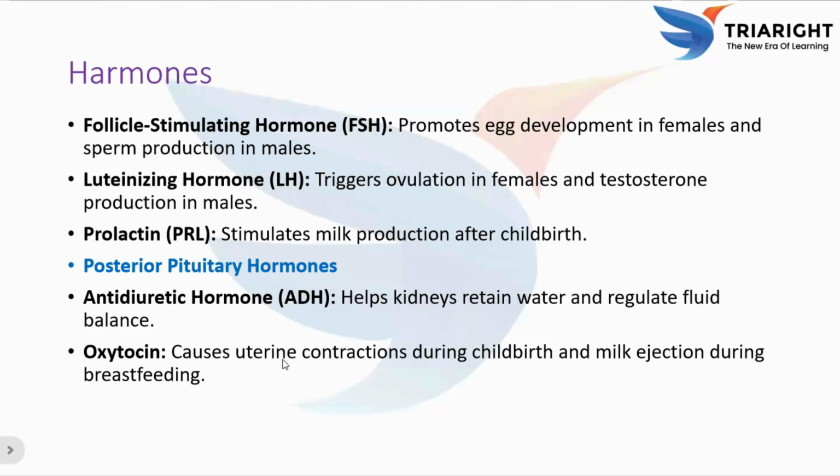So what does this hormone do? ADH is also called vasopressin. The function of ADH is that it helps the kidneys conserve water, and it also maintains the fluid balance in the body. So it prevents excessive loss of water in urine. For example, when you are dehydrated, ADH levels increase, so your kidneys hold on to water instead of losing it